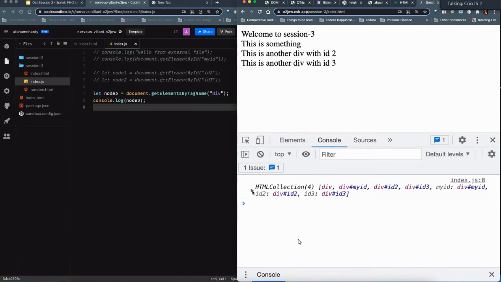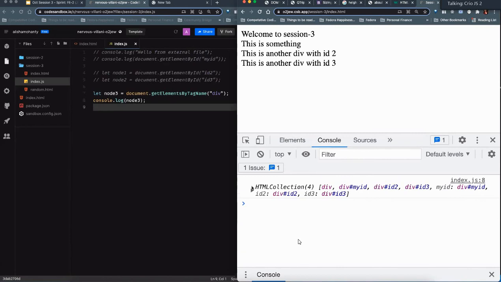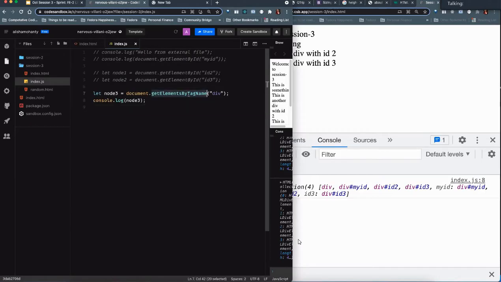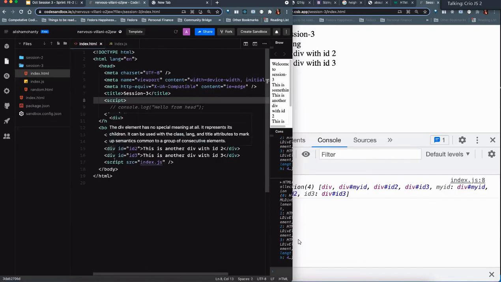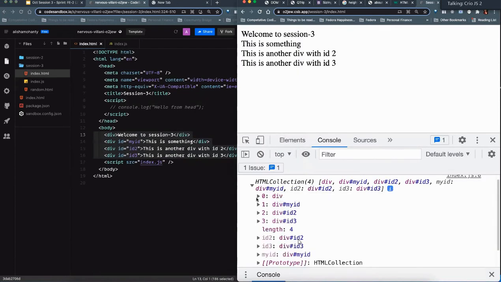Now what do you see? It's an HTML collection. Now HTML collection is similar to an array. So what getElementsByTagName does, it checks the document. I'm writing div, right? Whatever divisions we have inside the document, it will give me back all those division elements. Now if I check and see, we have 4